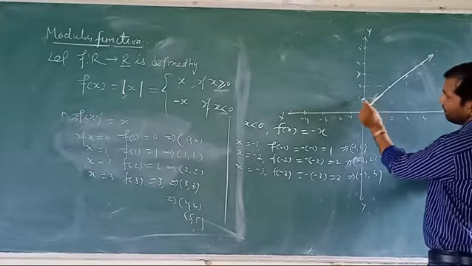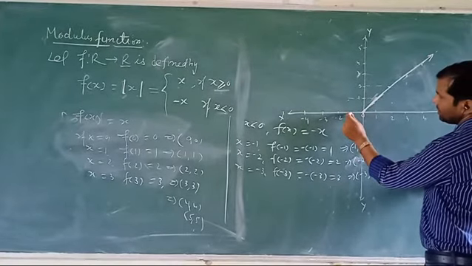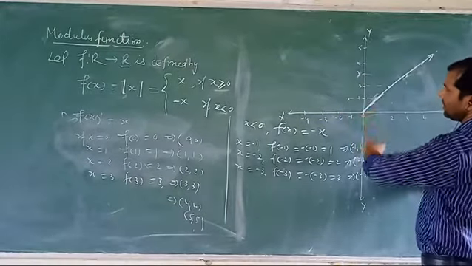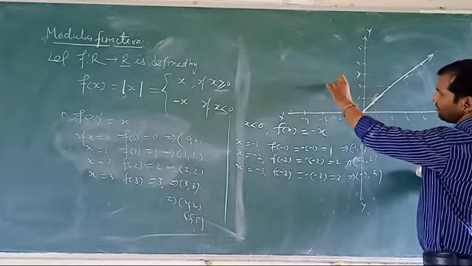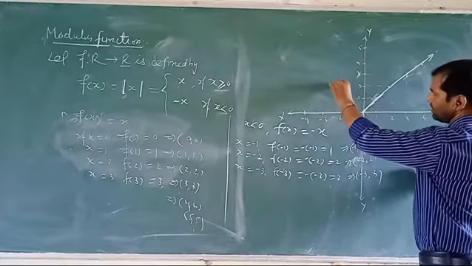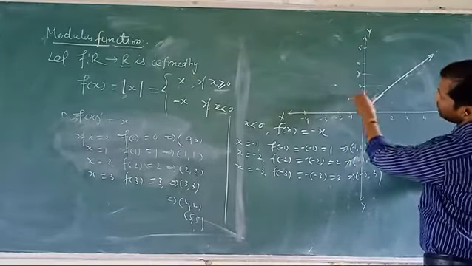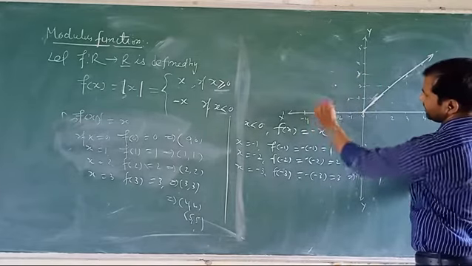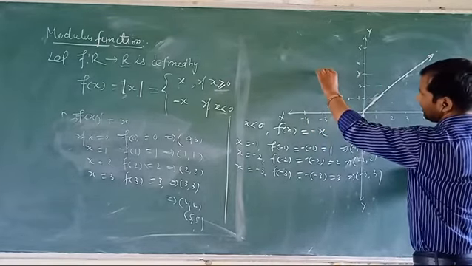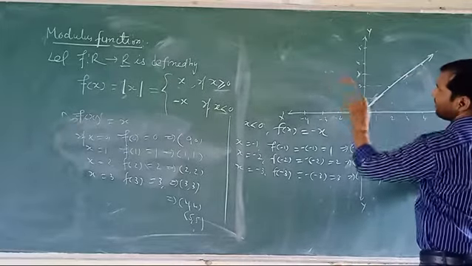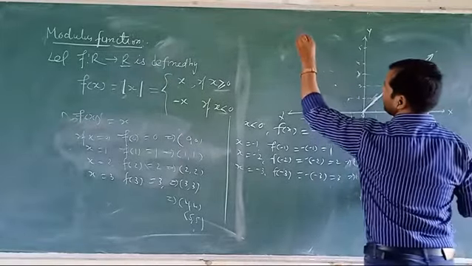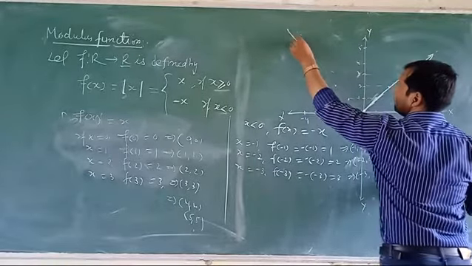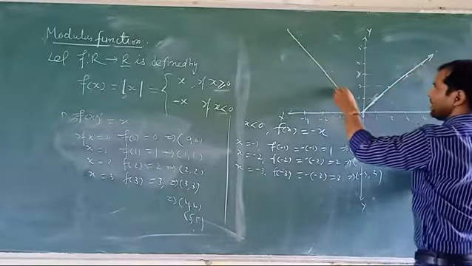Join the point, this line. Intersecting lines will intersect at that point, and also from here one line draw, and from here one line draw, then you will intersect here. Also draw a line from the 3 and also here the -3, then you will intersect at this point. Joining all these points, we shall get a straight line.